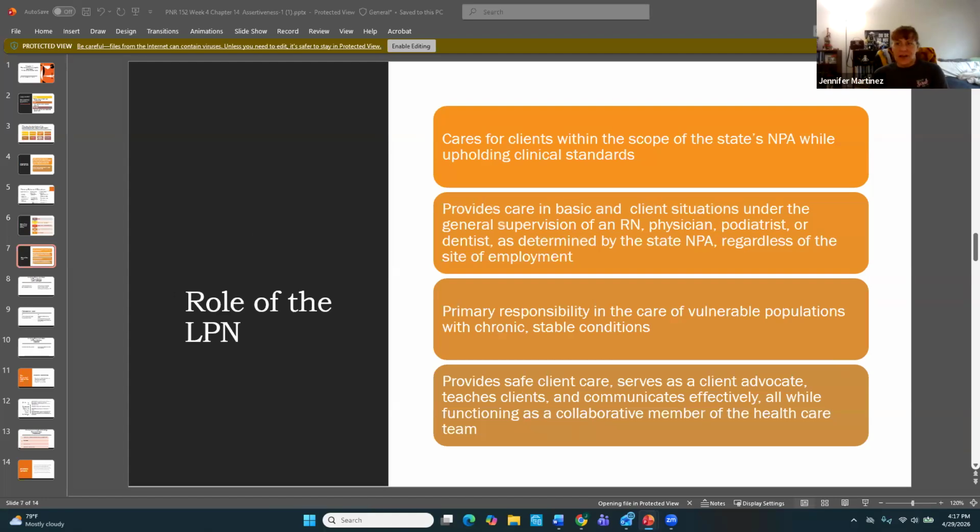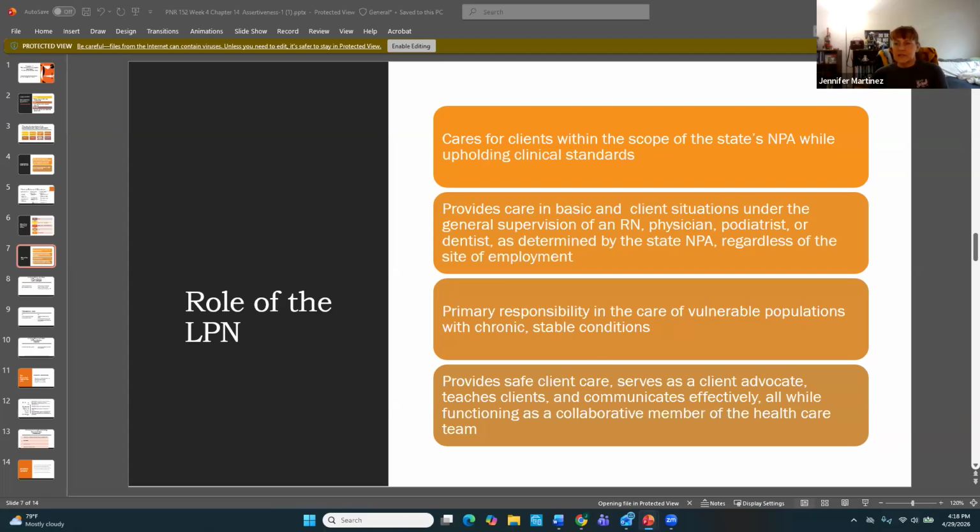LPNs, you are going to practice within your scope according to your Nurse Practice Act. You will provide care in basic client situations under the general supervision of an RN, physician, podiatrist, or dentist, whichever you work for. Your primary responsibility is the care of vulnerable populations with chronic stable conditions, and you provide safe client care, serve as a client advocate, teach clients, and communicate effectively, all while functioning as a collaborative member of the healthcare team. Generally speaking, you are going to provide care for clients with